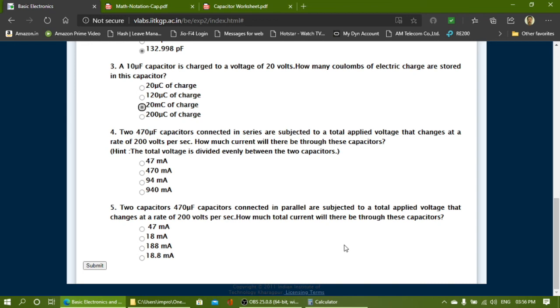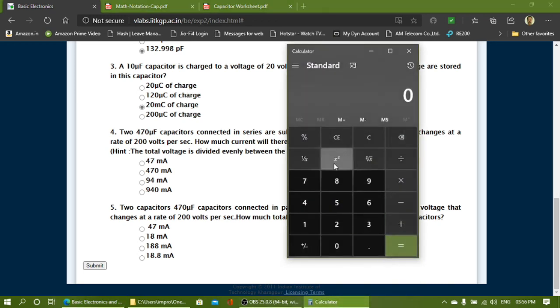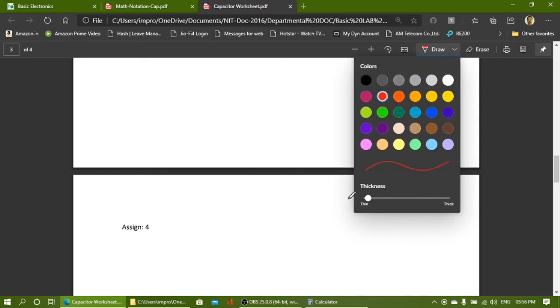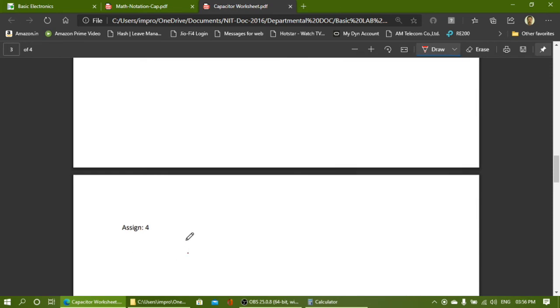So first we will get the effective capacitance value: 470 divided by 2, that is 235 microfarad. Okay, so write down here 235